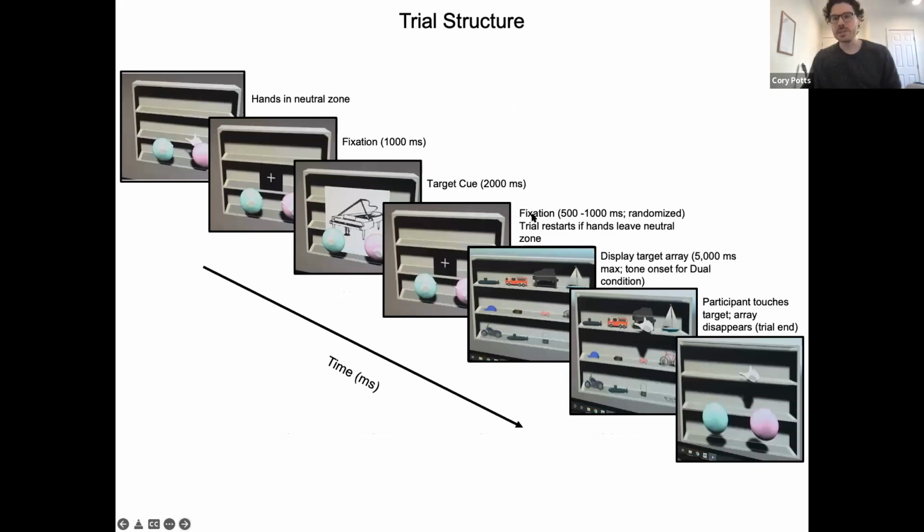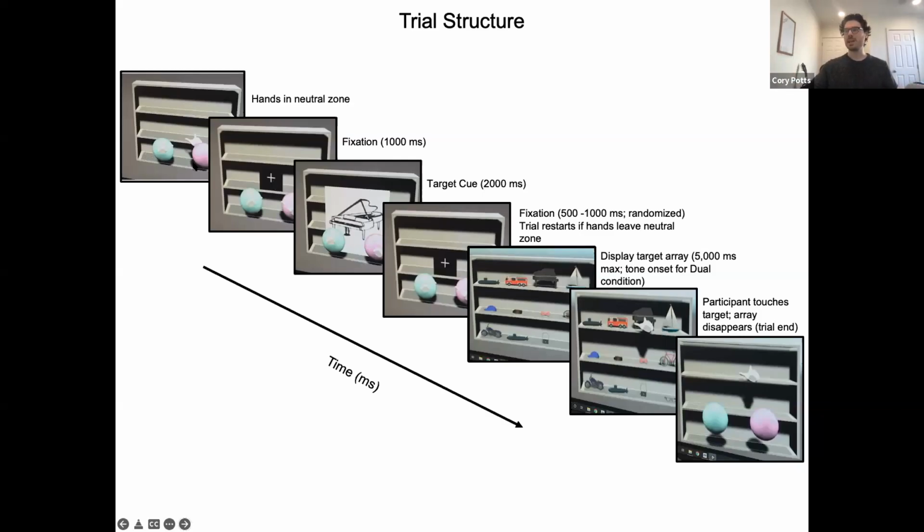Okay, so this is showing you what a trial sequence would look like within the virtual reality task. So now the person has the virtual reality headset on. They're holding motion trackers in either hand that allow them to move these gloves around that you see on the display, okay? So at the start of each trial, the participant would begin with an empty shelf, and there would be 2 neutral zones, one corresponding to the left hand and one corresponding to the right hand, or rather the cursors that they would see indicating the position of the left and right hands.